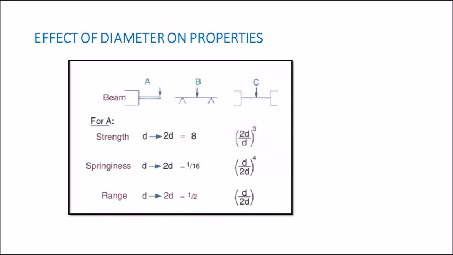They can give you confusing options also. They might give you both, like springiness is getting increased, springiness is getting reduced. So first of all, you should know the springiness and diameter are inversely related, and to which power these are related. Springiness is inversely proportional to the fourth power, strength is directly proportional to the cubic power, and range is also inversely related to your diameter.